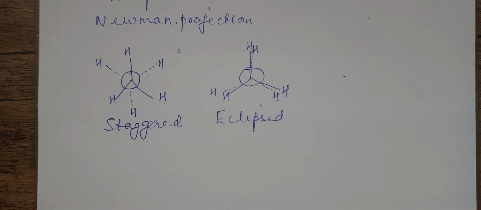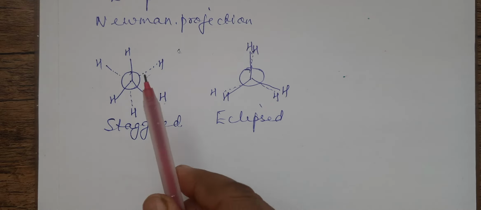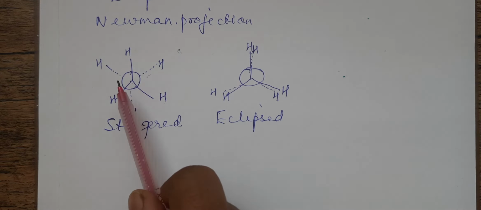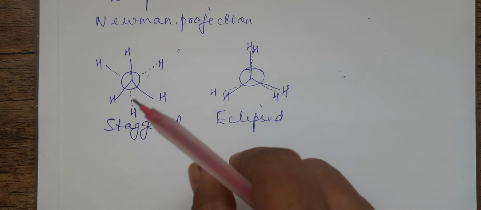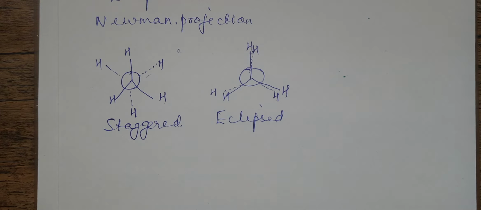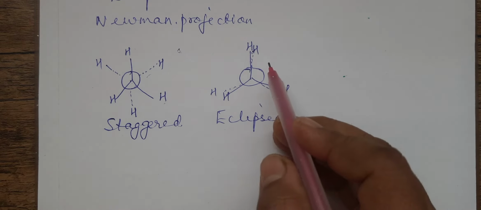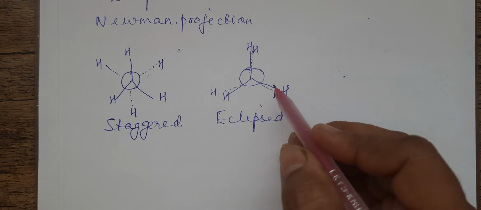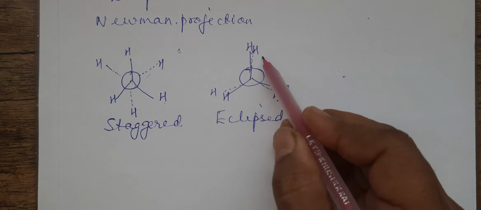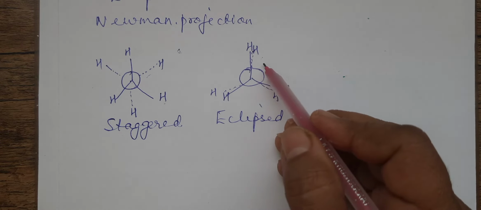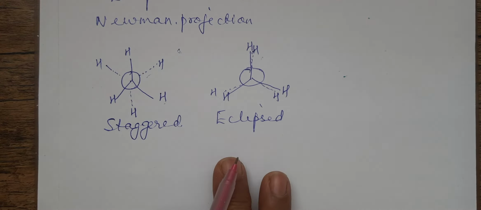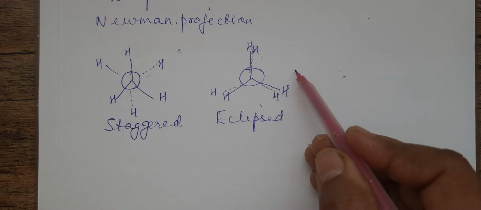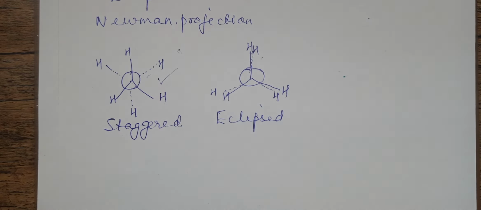In between, actually, you have various other isomers. I said, no, an infinite number of isomers are possible, because when you keep one carbon fixed and go on rotating the other carbon atom, at every position you will get different isomers. There is one more, which is called skew isomerism. What is skew? Suppose I mark it somewhere in between, that is called the skew. Otherwise we will normally focus upon these two, staggered and eclipsed. Which one is more stable? The staggered conformation is more stable.